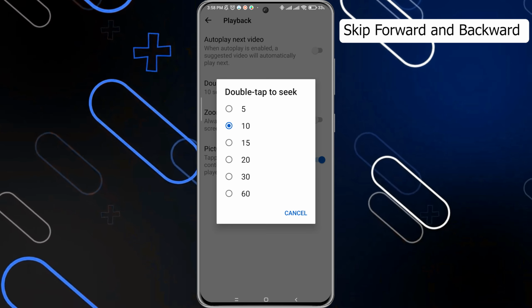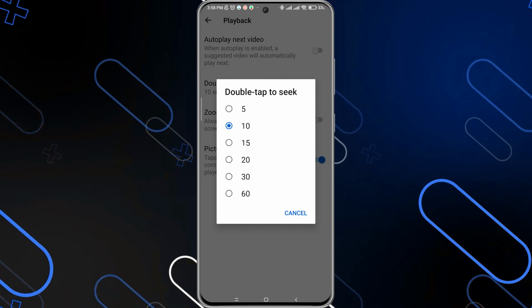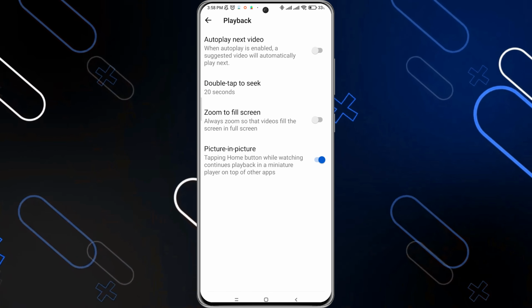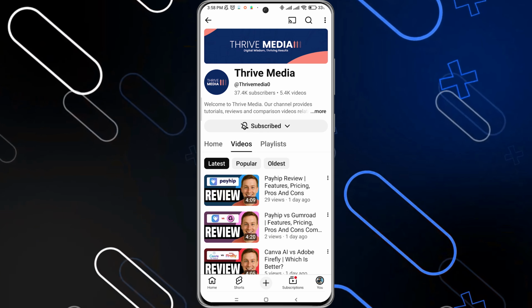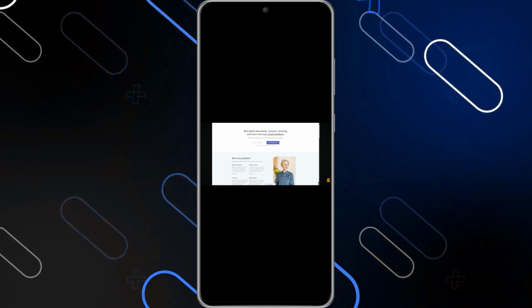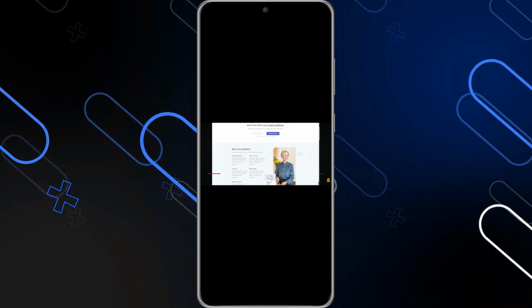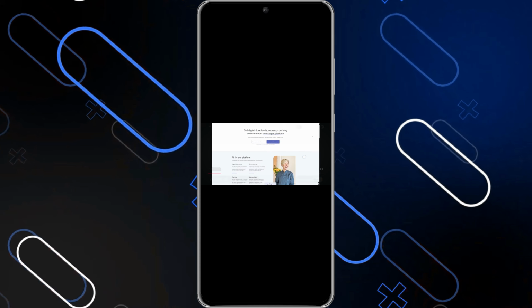And now let me check. I will go and open one video. I will go and click on 20 seconds. Then I'm going to go back. Then I'm going to open any video. Let's say this video, for example. Then now when I open the video and do skipping, it will skip by 20 seconds instead of 10 seconds,